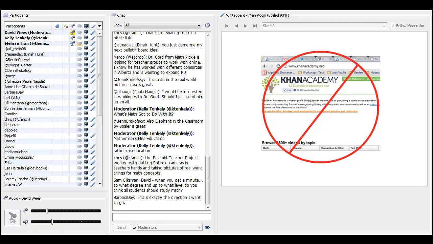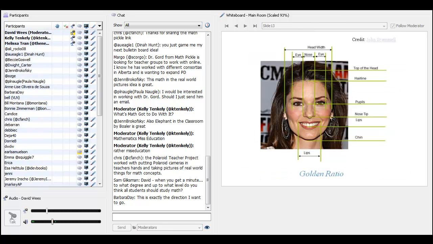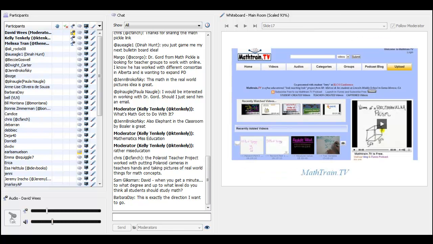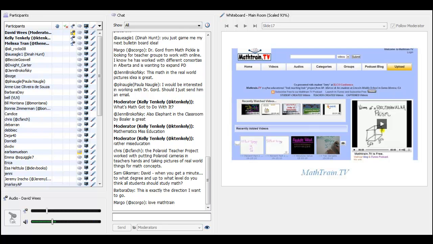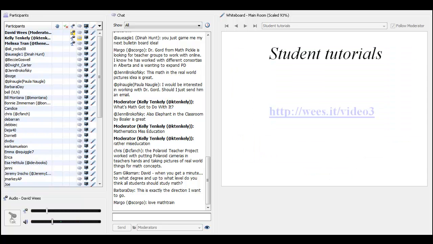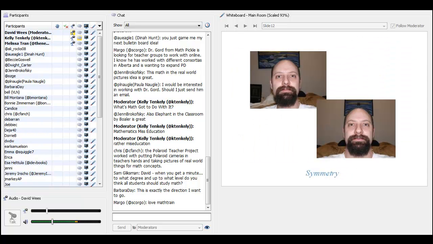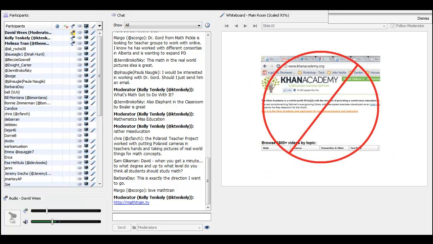So instead of Khan Academy, what I would recommend is mathtrain.tv. Let's see if I got that next. No, let's go find it. Just a second, I'll come back in the wrong order. Here we go, mathtrain.tv. This is virtually the same idea as Khan Academy, except there's a really big difference in who the authors of the videos are. These videos are created by the students, right? Much, much different perspective. So while the Khan Academy could be useful as a tool, again, not sold on it yet, it's not what I'm talking about in particular in terms of multimedia and interactivity in mathematics. It's not quite there yet.